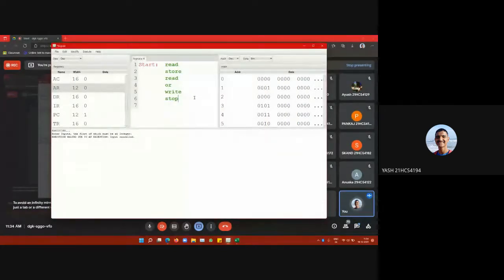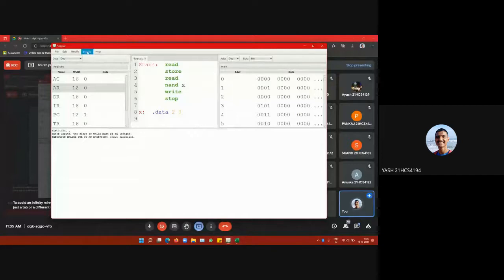Like I would have to define another variable. Say I will store it in the memory X. I would have to define it this way, that it is data, and it will be 2-byte data, and then I will give the default value, like I can give 0 as the default value. So if I have to do the operation with some memory reference, I would write NAND over here, and after the NAND I would also have to mention which variable the NAND operation should work with. So I will give NAND X.